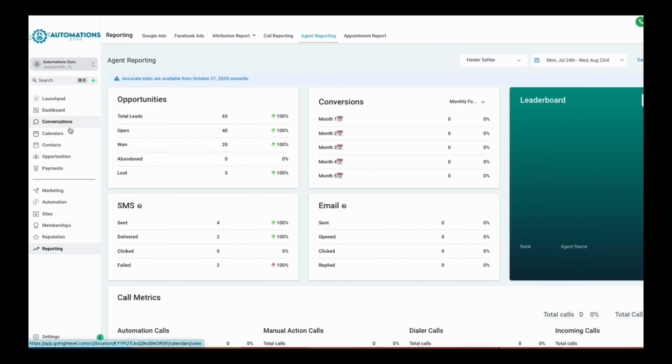So this was a basic overview of all of the different areas of the platform. Stay connected to discover more exciting features of GoHighLevel. Don't forget to watch the other videos in this course to get a clear idea of various